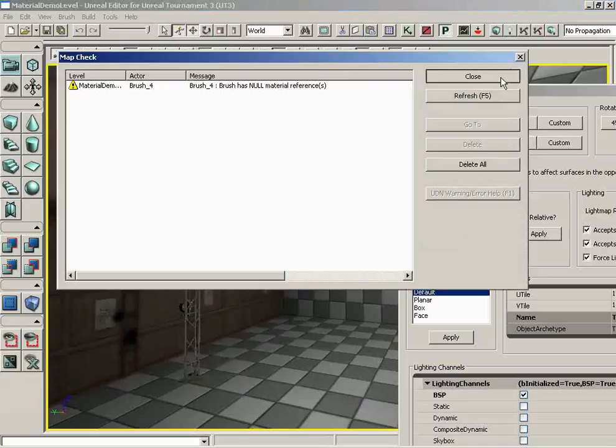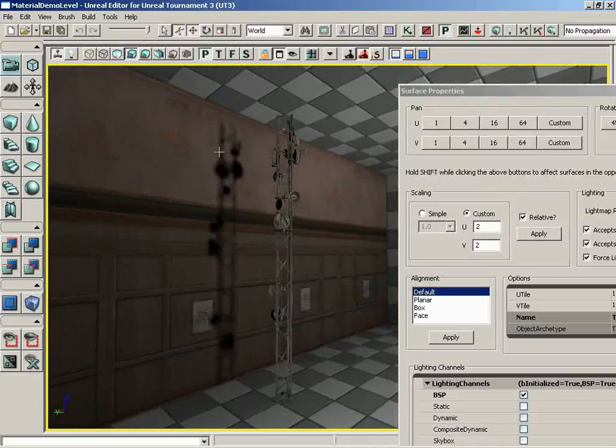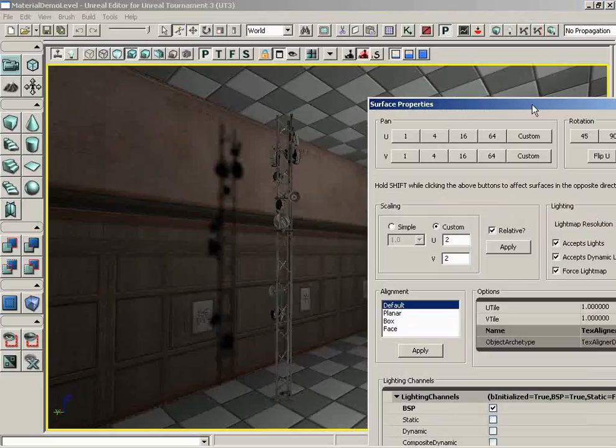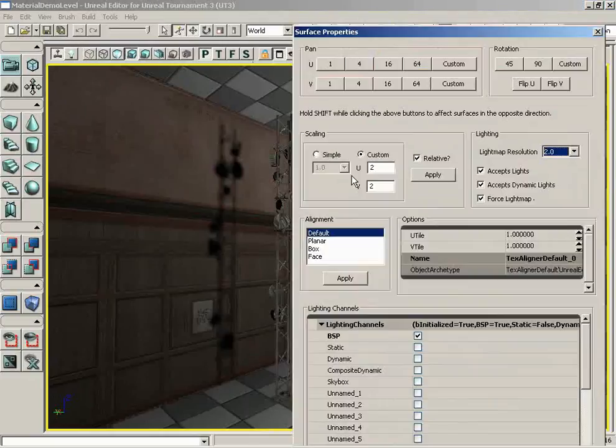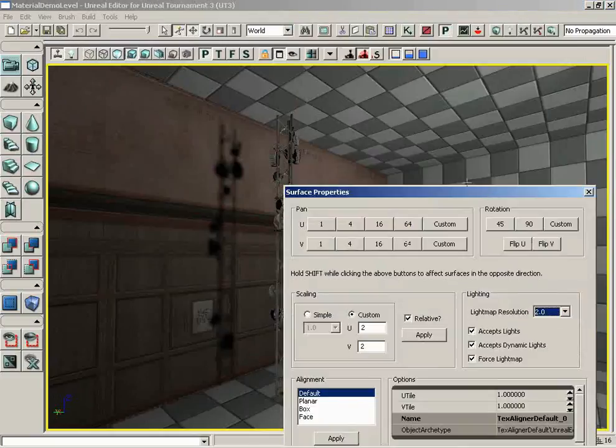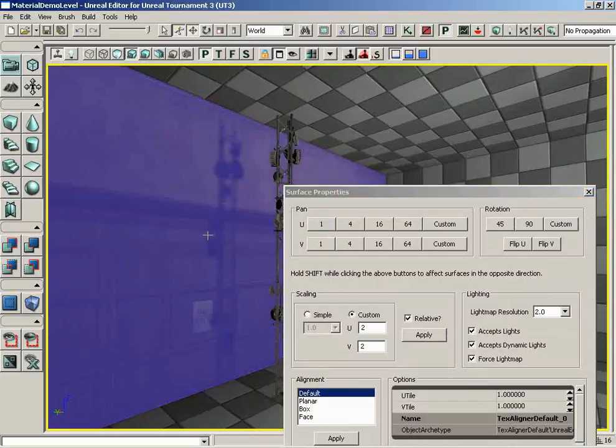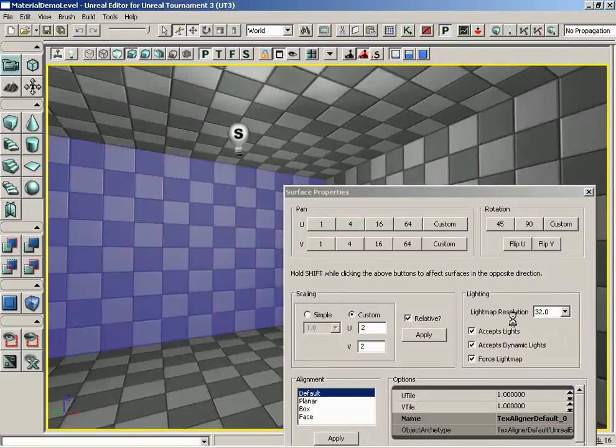And there we go. So let's go ahead and close that. And now we can see a shadow from the radio tower on the wall because this particular surface has a much higher resolution. And just as a side note, if I push this window out of the way, you'll notice that if we select this surface, we see a light map resolution of 2. But if I move the camera and select this surface, it now resets to 32, which is the setting for